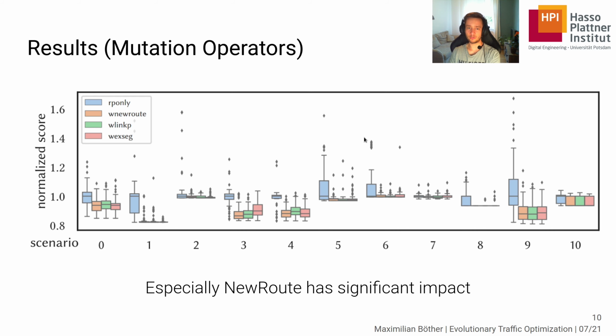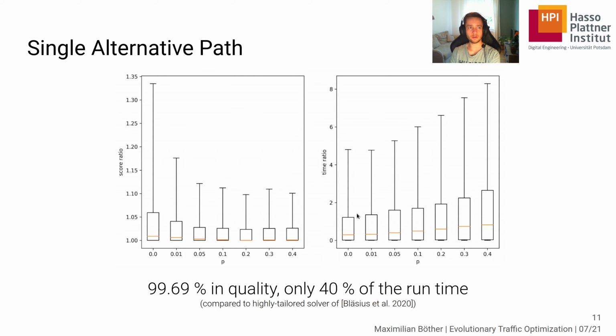And here we only use a single individual. So we also have taken a look at the single alternative path problem, and compared to the highly tailored solver, our algorithm achieves 99.69% of the quality of their exact solution and requires only 40% of the runtime, which is not surprising because even though their tailored solver is optimized and highly tailored to the problem, our algorithm is a heuristic for an NP-hard problem, and they use graph algorithm engineering techniques to find a solution. And it's promising that we are better than them, because we can apply this now to different strategic routing